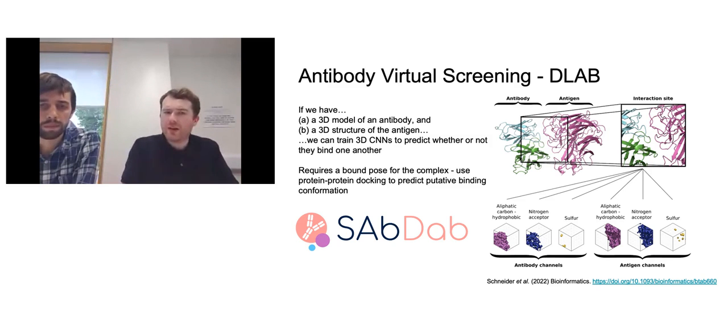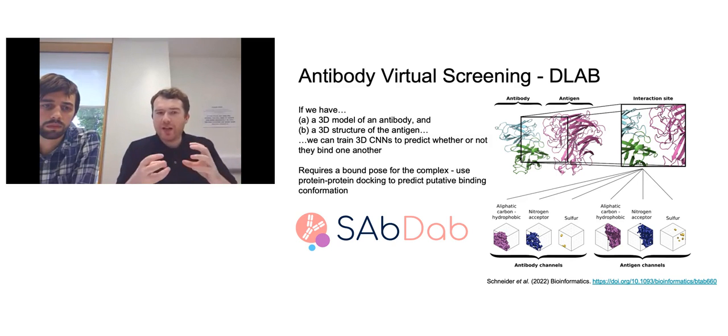So we thought, can we do the same thing with antibody-antigen binding? Can we train a neural network to say, based on structures of antibodies and antigens, this antibody is likely to bind, this antibody is not likely to bind? Here it is sufficient to simply have a structure of the antibody and a structure of the antigen, but you still need a way of saying this is the epitope, and also this is the 3D conformation. We think they would bind if they bind. So this is our best guess for how they fit together.